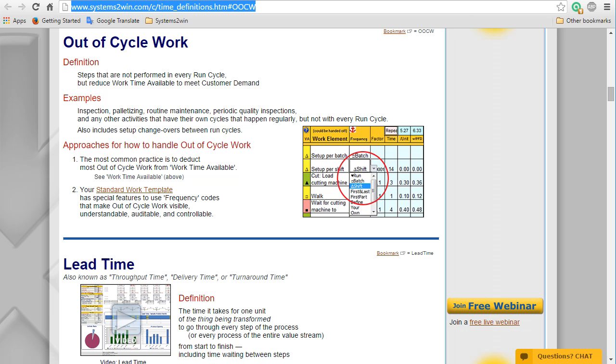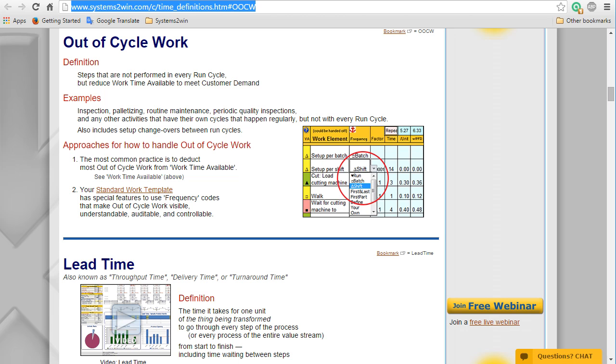Yes! This is the single biggest problem we have when we try to analyze standard work. You and everyone else. It's relatively easy to analyze things that happen every single run cycle, but every process also has things that happen less frequently, like maybe setups and changeovers, or inspection twice a shift, or palletizing every third batch.